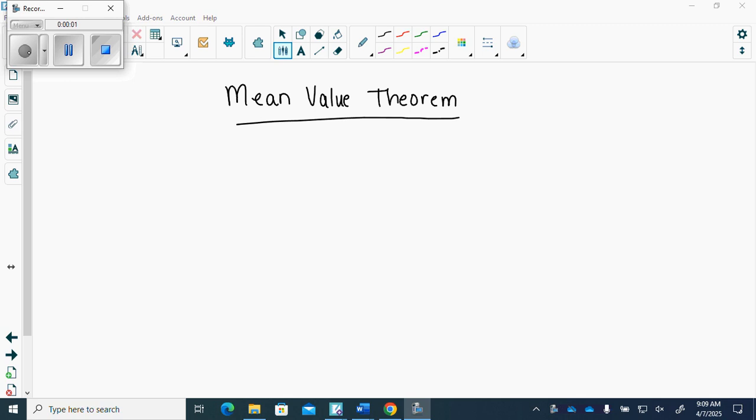Theorem. This is the theorem. Let f be a function defined